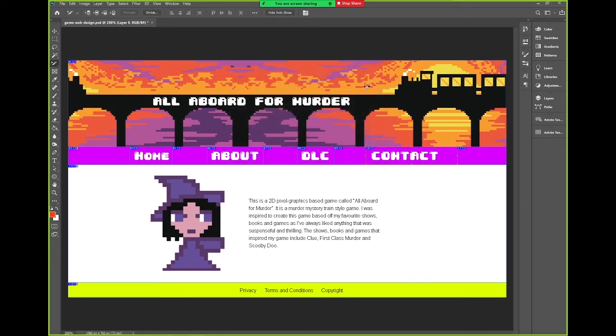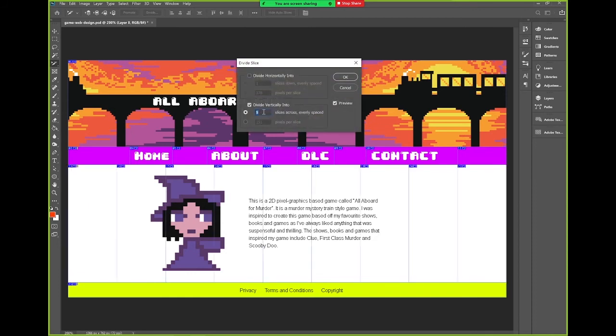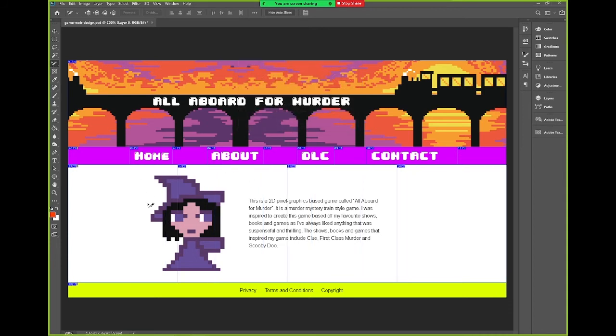All right, so now we've got this sliced up. We're going to do the same thing with this middle slice with the white background. So we've got an empty space, a graphic, some text, and the white space. So is that 4? Yes, that's 4 slices. So I'll go to divide slice, and we're going to divide this up into 4. And again, I'll make sure I've got the slice select tool, and I'm going to adjust my slices so